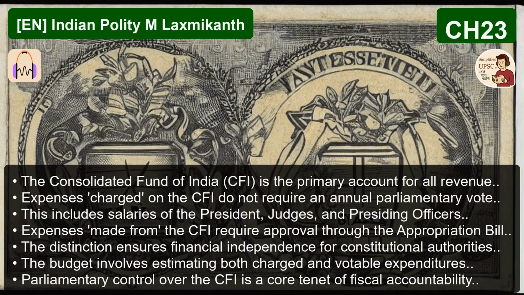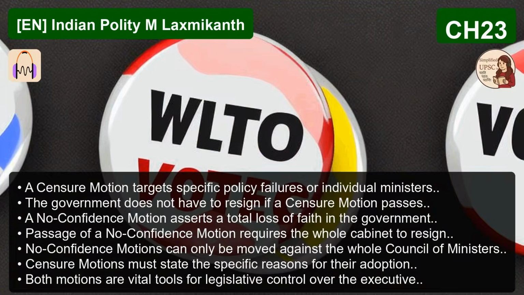The Supreme Court ruled definitively that the decision of the Chairman or Speaker regarding disqualification is subject to judicial review. A crucial check on the presiding officer's power. Absolutely. It ensures that even the internal disciplinary mechanisms of Parliament have to adhere to principles of natural justice and constitutional fairness. The courts can now scrutinize decisions for, say, bias or arbitrary action. Though they can't intervene before the presiding officer has actually made a decision. Correct. The process has to play out first.